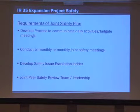And the other challenge is contractors. Those tailgate meetings will be maybe the prime contractor and maybe 2 or 3 crews that they'll have working, but then also you've got numerous subs that will be working, each having tailgate meetings, or hopefully having tailgate meetings. But getting TxDOT personnel to all those meetings at 6 in the morning is a challenge. So we try to get at least one inspector to those tailgate meetings and attend those and sit in and